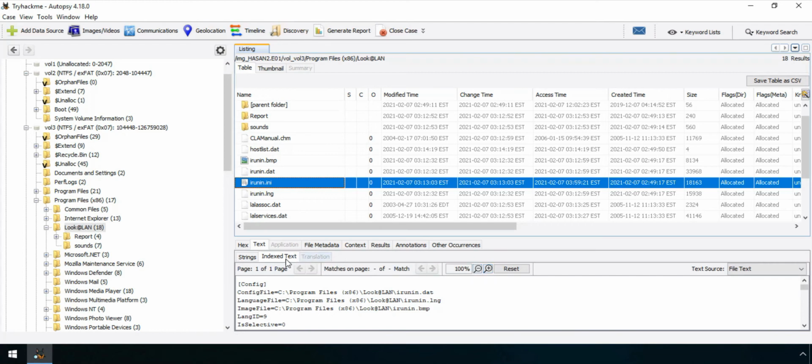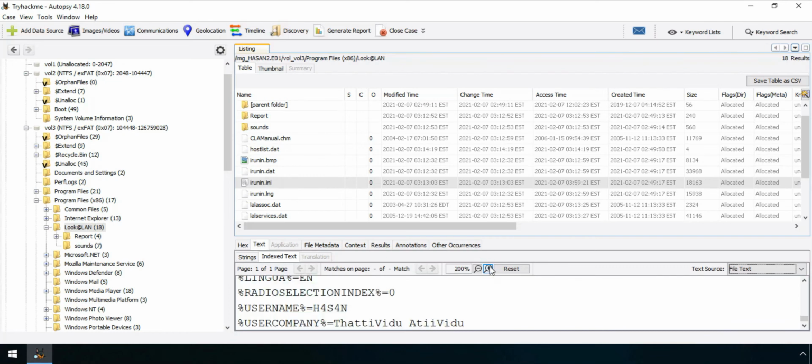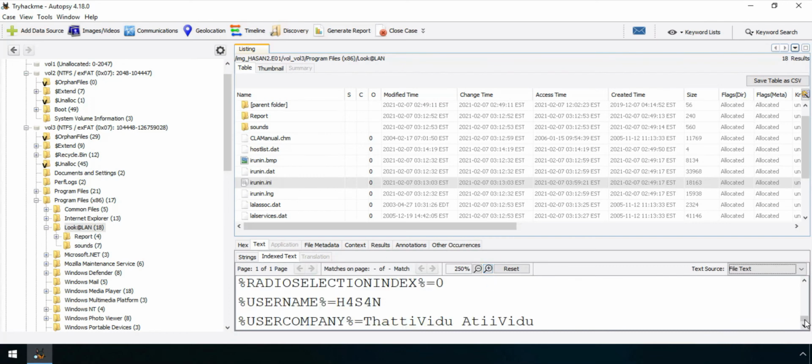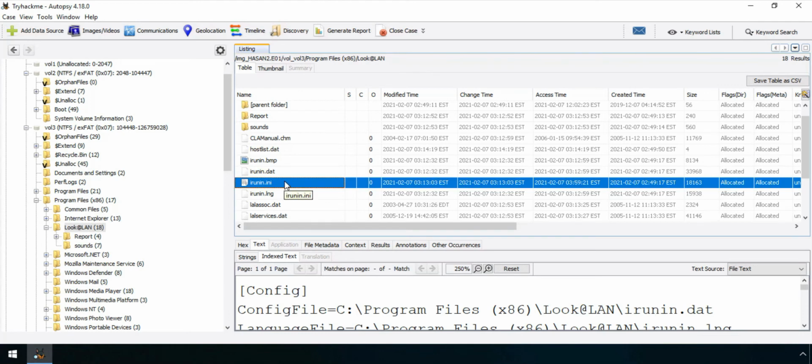I will make it much bigger so you can also look into it. This file, which is actually a settings file, has some logs in it.